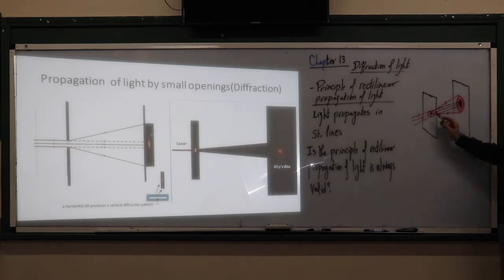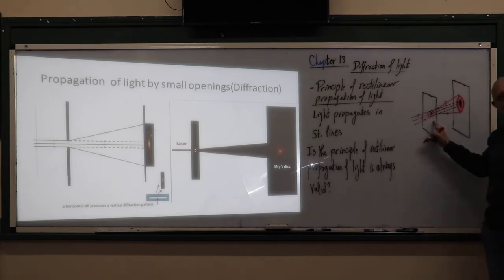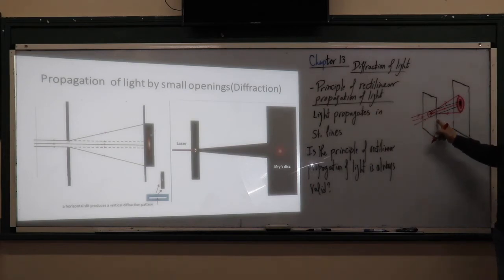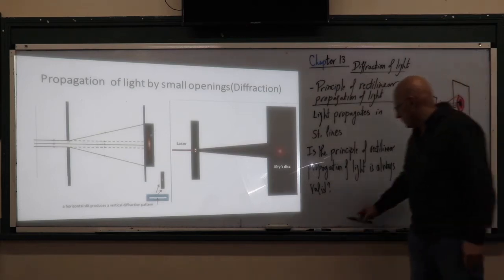And this is due to the deviation of the light from its original rectilinear path, which means that during the passage of the light through the small hole, it deviates and bends at the edges of the hole. This deviation or bending of light, when it passes through this circular hole, is what's called the diffraction of light. Okay, let's look at the second observation